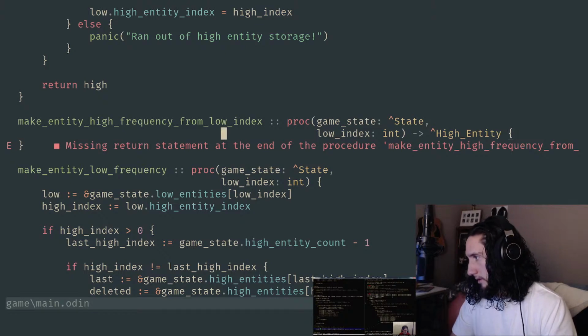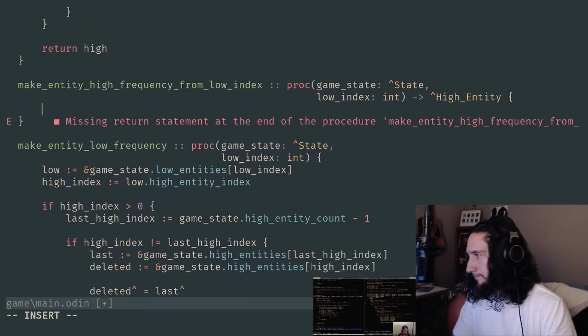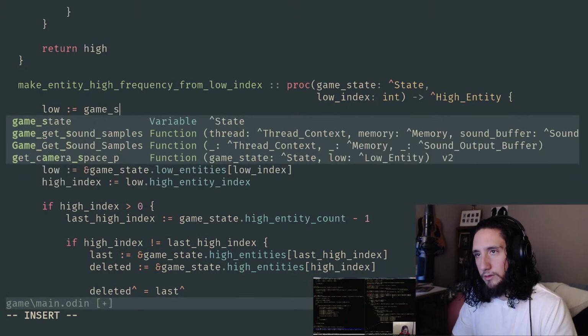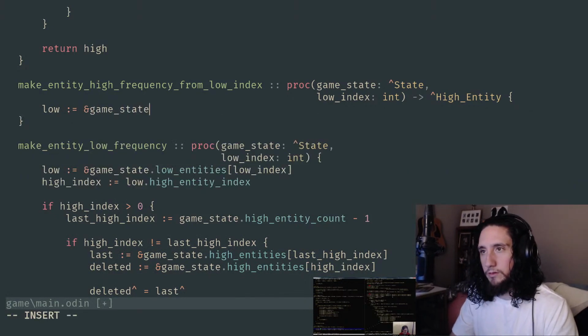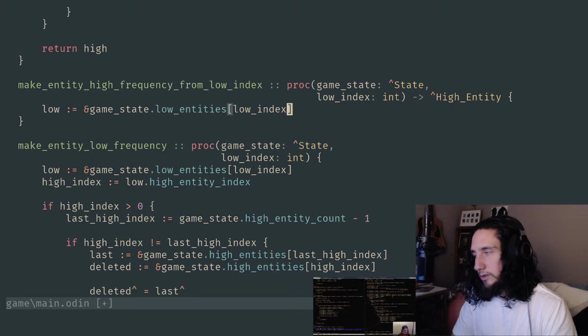So here, yeah, we get the low entity out. Why can't I go into my editor? There we go. So we get the low entity out, and it's going to be a pointer at that low index.